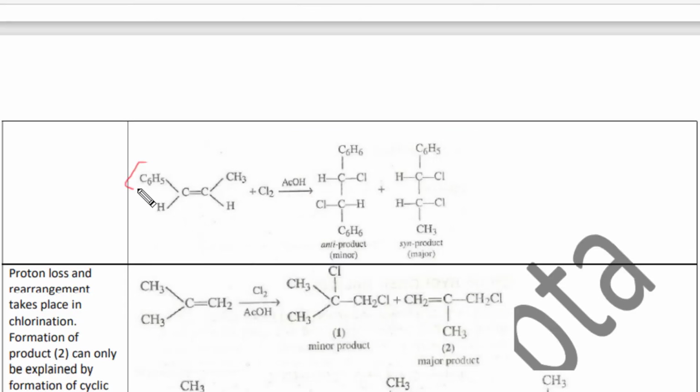So here we see this is Ph, this is CH3, they are cis, and in such a case we are getting Cl Cl on the opposite side, anti-product. This is a minor one, this is a syn product, this is a major one. If we notice in the last example, both Cl were coming on the same side because of the rotation of a single bond, and it was happening because the carbocation formation was taking place, and that was allowing the rotation of the C-C bond, and this carbocation was being stabilized by the phenyl group. So that is why we get Cl Cl on the same side, and they are major in the product.